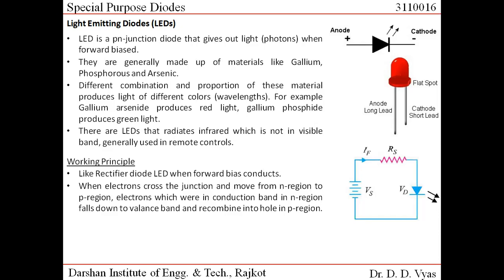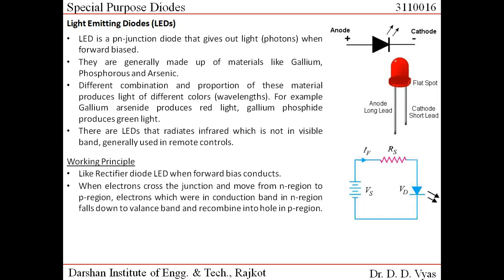And we know that electrons in the N region are in the conduction band, whereas when they enter the P region, they recombine with holes, and in the P region, the current flows through the movement of holes. And where are these holes present? These holes are present in the valence band. Thus, when the electrons cross the junction from N-type material to P-type material, they change their energy state from conduction band to valence band.